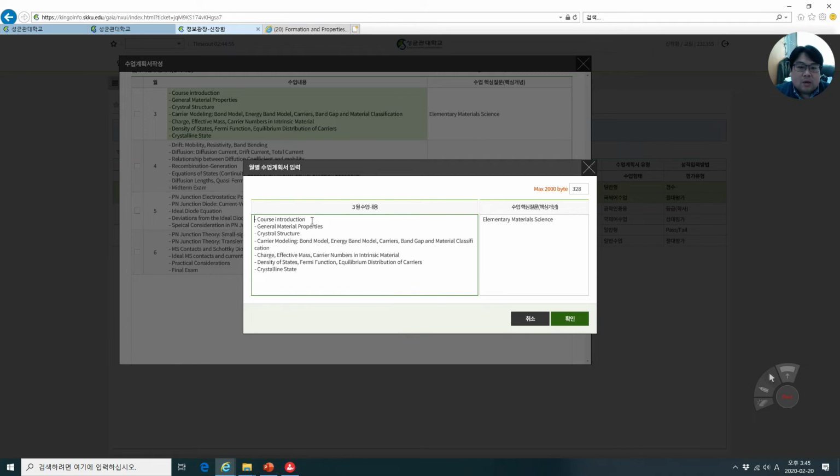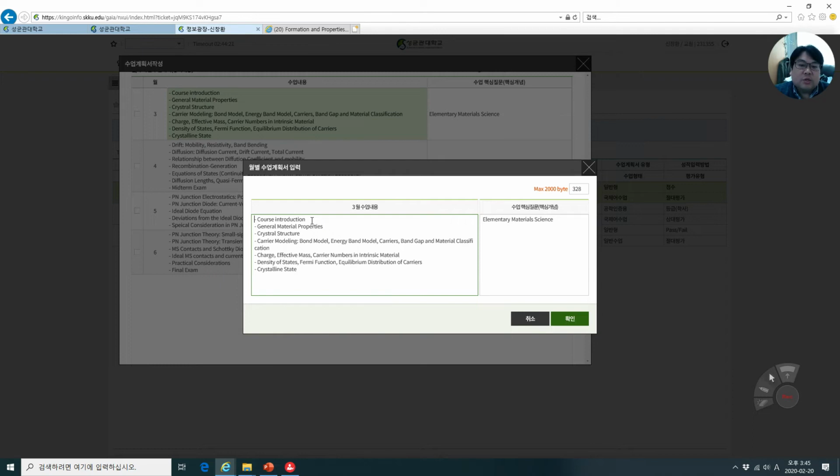And then we're going to study how the carriers, the charged particles, within a crystalline material are moving. So to understand or to describe how the carriers are moving within a crystalline material, we need a tool. That is named as energy band diagram. So we'll understand it. Afterwards, we're gonna have some physical concept of charge, effective mass, and the number of carriers